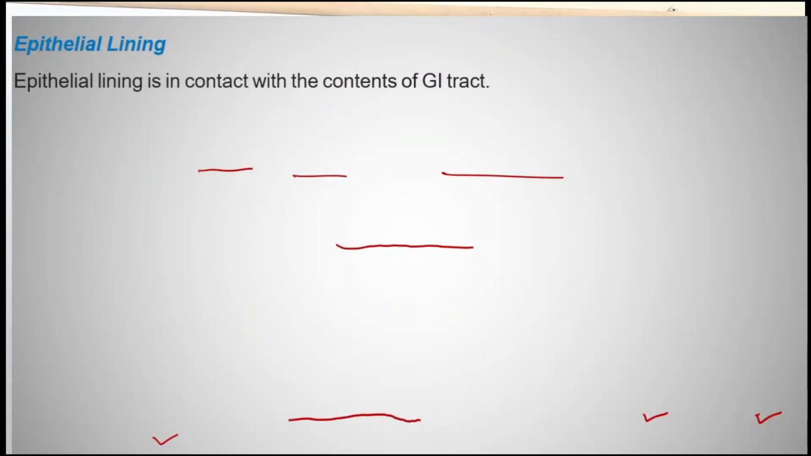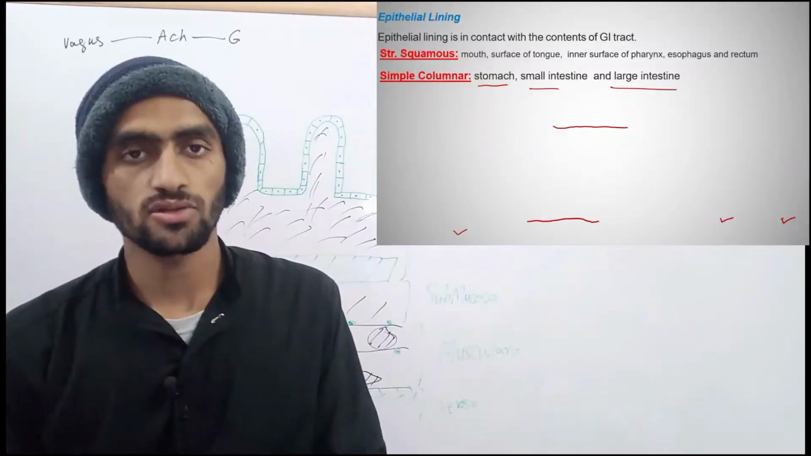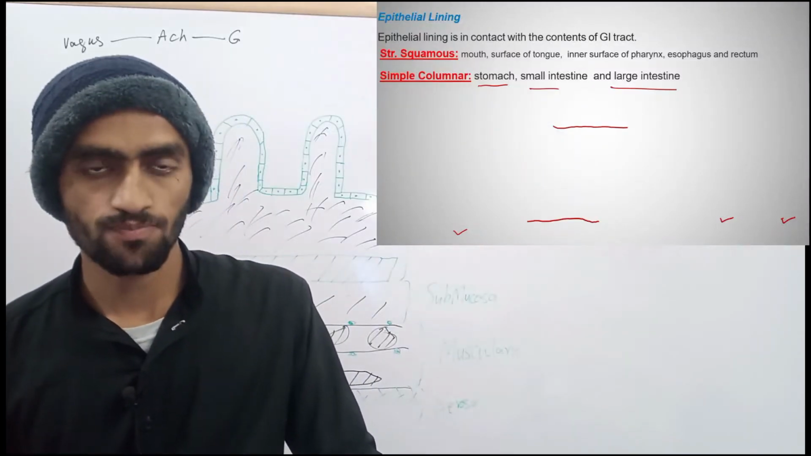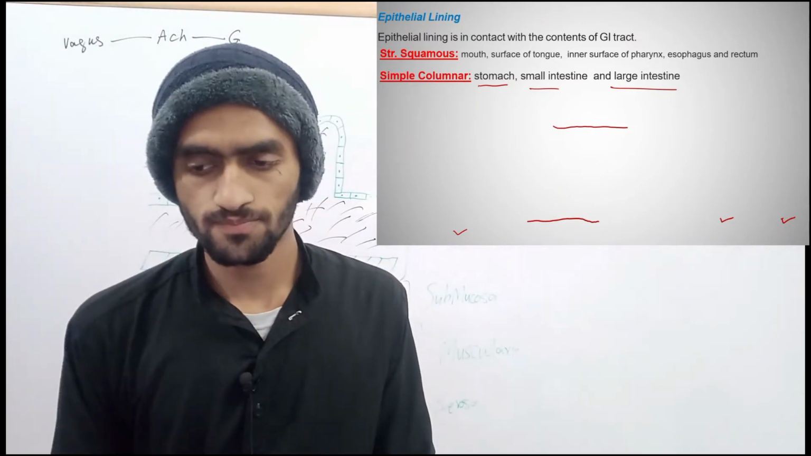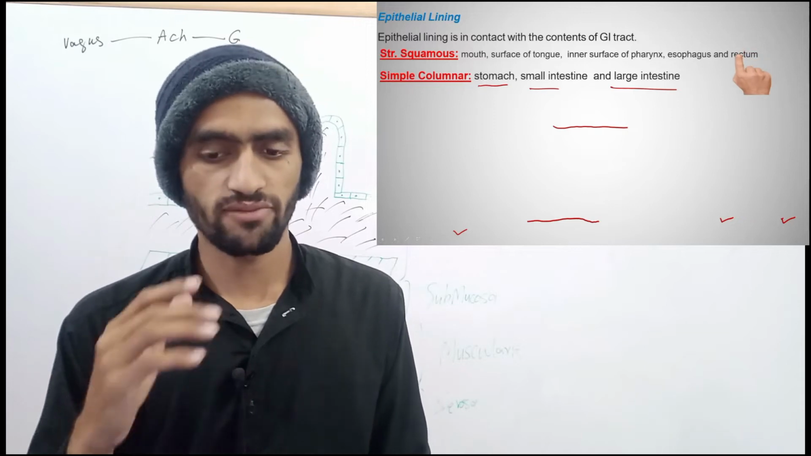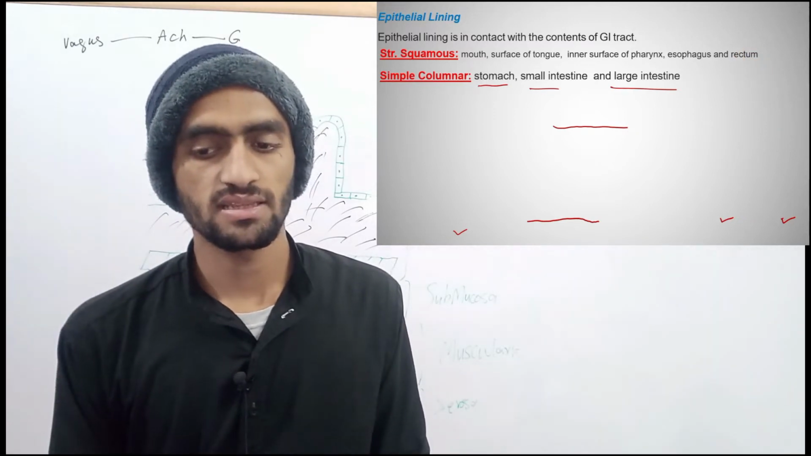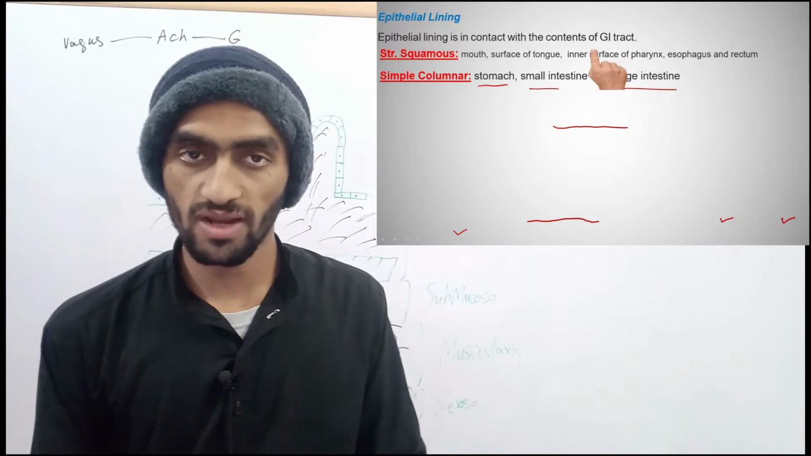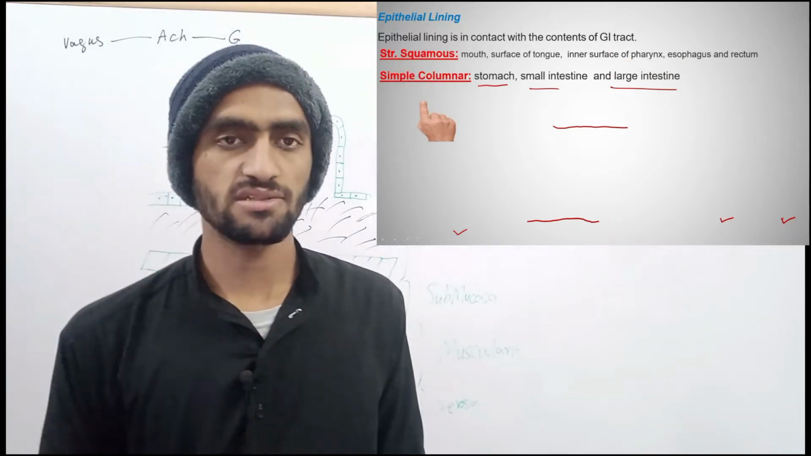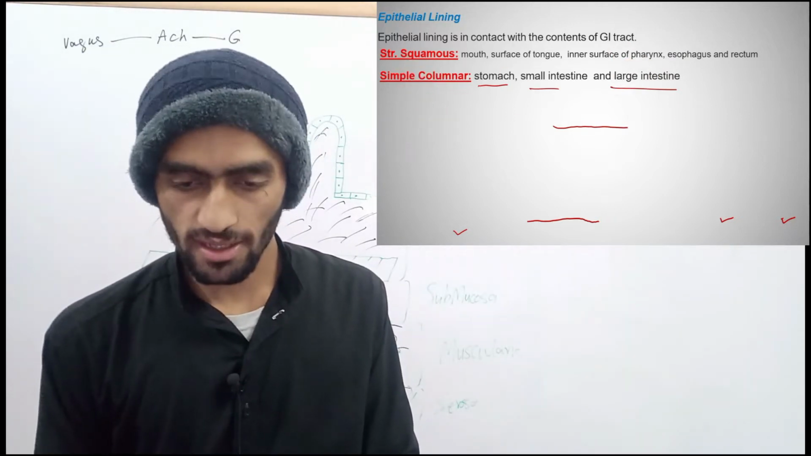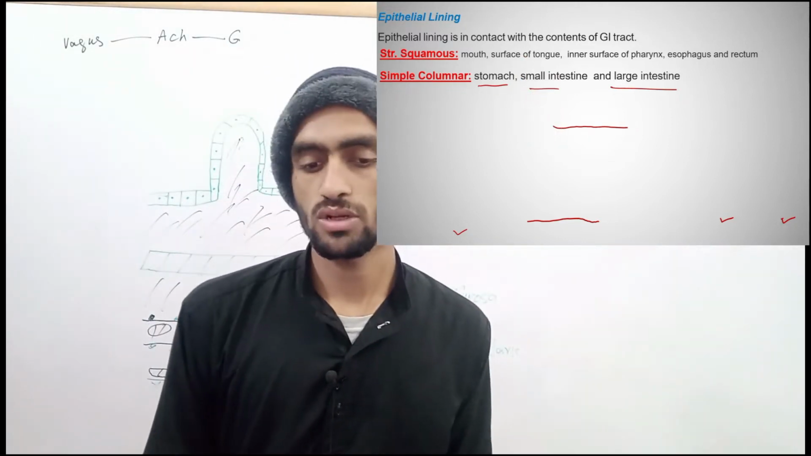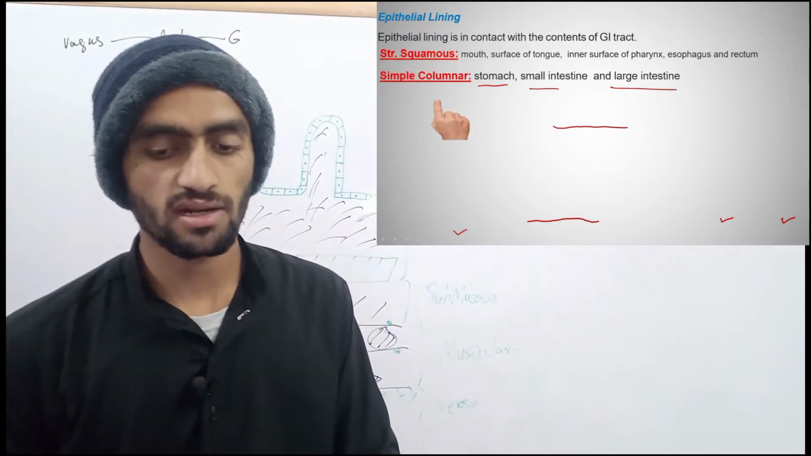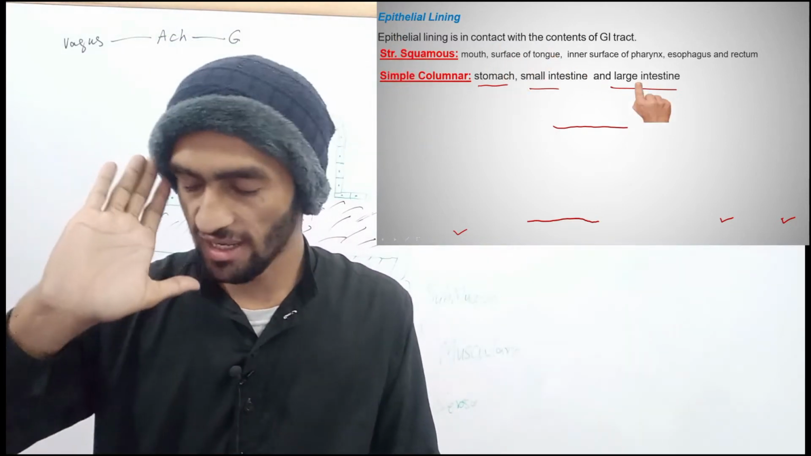Epithelial layer. We have two types of epithelial layer: stratified squamous and simple columnar. Stratified squamous is present up to the level of the esophagus and the last part of our gut, the rectum. Our mouth, surface of the tongue, and surface of the pharynx have stratified squamous, while simple columnar is present in the stomach, small intestine, and large intestine. So digestive epithelium is also called simple columnar because the major organs like the stomach, small intestine, and large intestine have